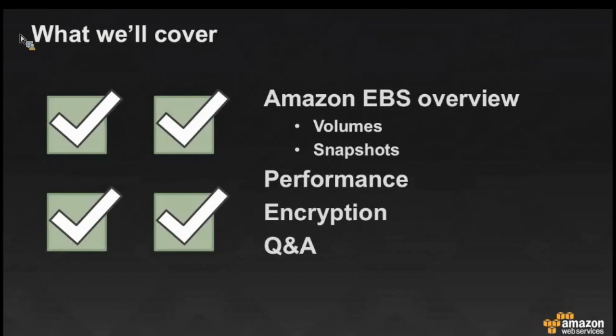In today's webinar, we're going to be doing a deep dive into maximizing EC2 and EBS performance. What we're going to cover is an overview of Amazon Elastic Block Service. We're going to dive into the volumes and snapshots, how we maximize the performance of volumes and how that relates to EC2 and the choices you make, encryption, and then we'll spend some time doing Q&A at the end of the session as well. We have moderators in the webinar today, so if you have a question,